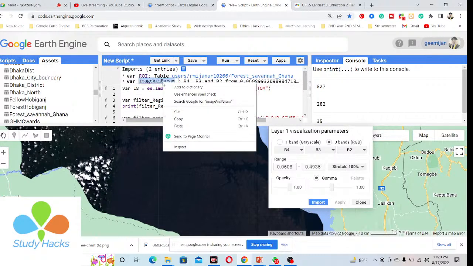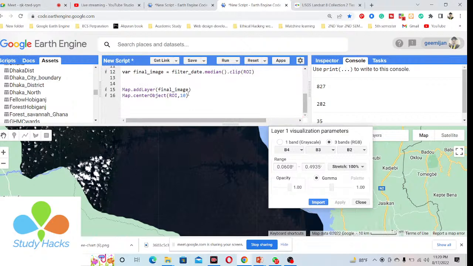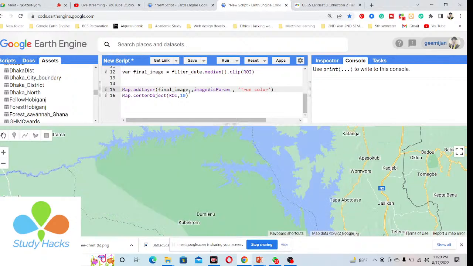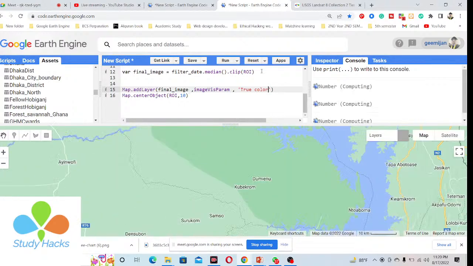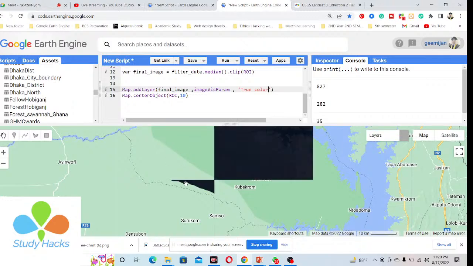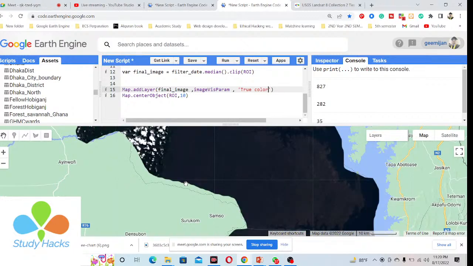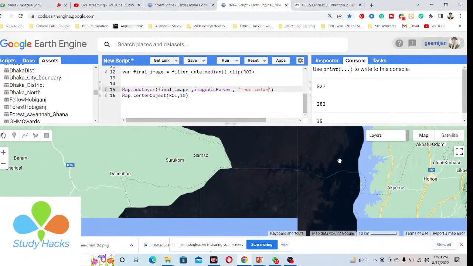So I simply copy this variable name from here and paste it after the object name. Okay, I want to put the layer name. Suppose this layer is the true color composite. I simply use here, suppose, true color. Then click, so now this layer name is also added in here. You can see, and the visualization of this code is also added. Okay, so now you can see these are satellite images, and we can easily work with the